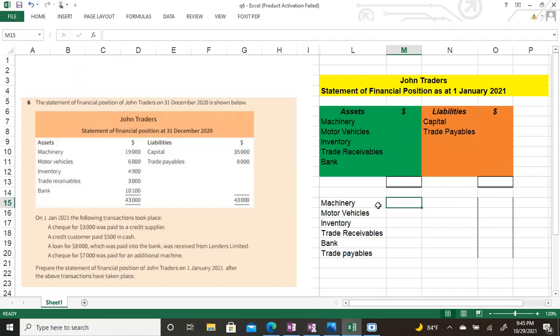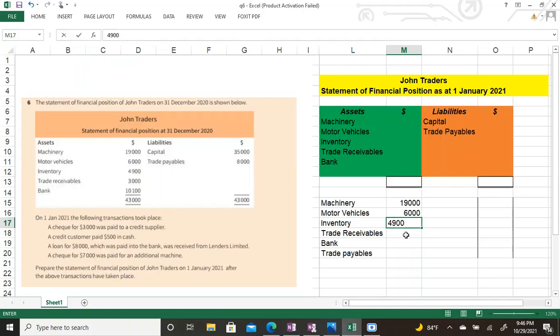So in the beginning, as you can see, the machinery value is 19,000. So I am writing here 19,000. The value of machine is 19,000. Then the value of motor vehicle is 6,000. Inventory, this is the closing inventory. And you know that closing inventory means the items which are unsold at the end of the year,